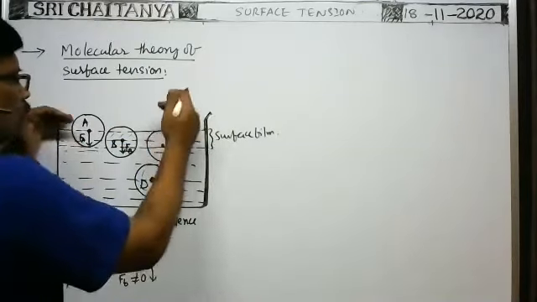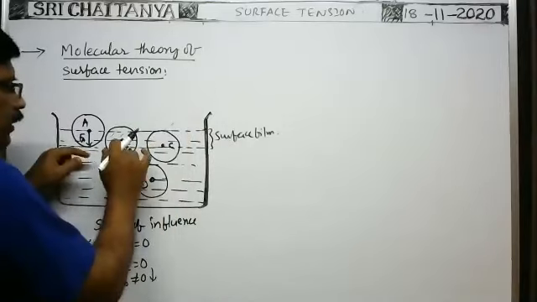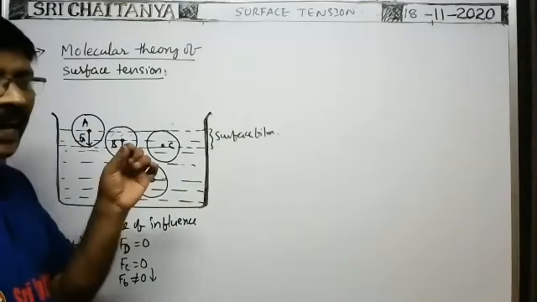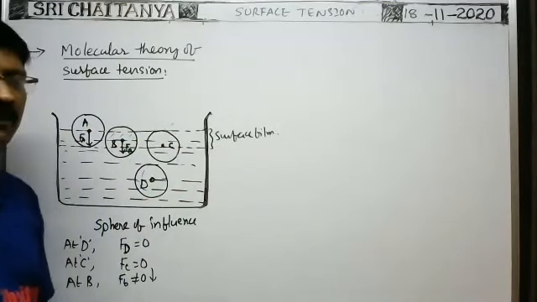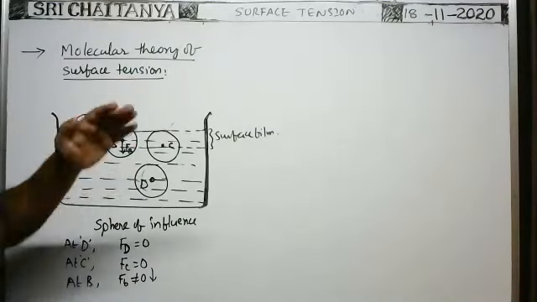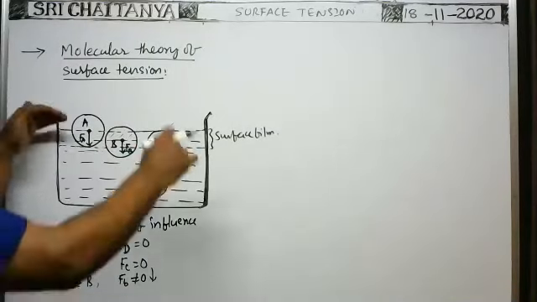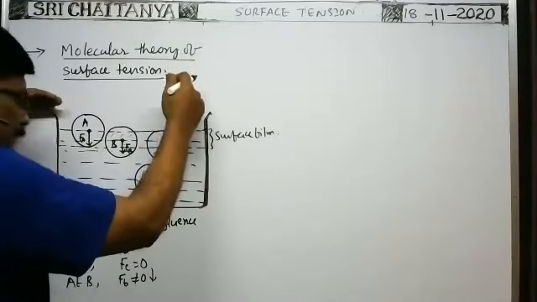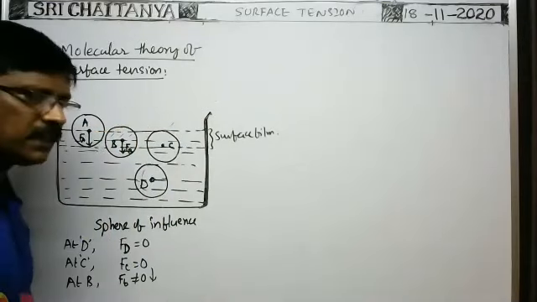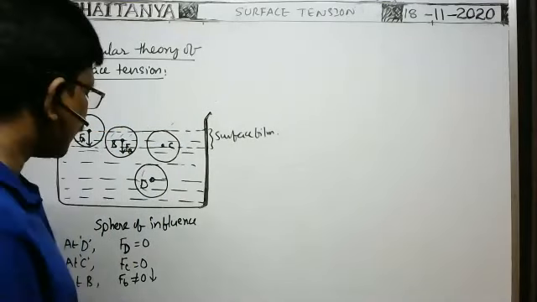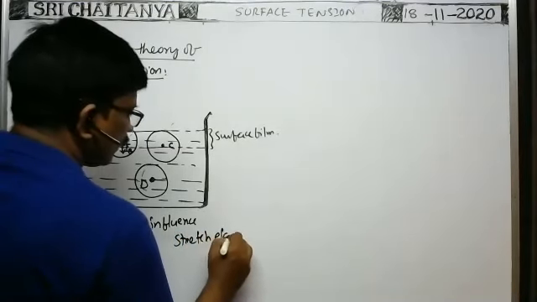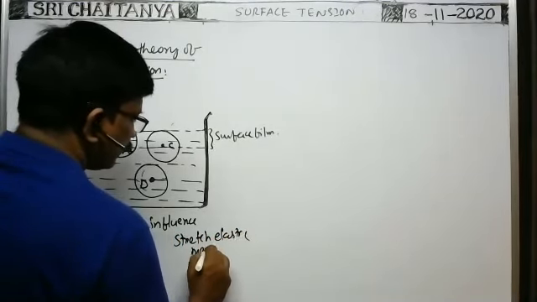While they are coming into the liquid, the molecules come closer, so that the surface area of the liquid becomes as small as possible for the given volume of the liquid. That's why the surface of the liquid becomes a stretched elastic membrane. Every molecule on the surface tries to come into the liquid, due to that all molecules come closer, so the surface of the liquid behaves like a stretched elastic membrane.